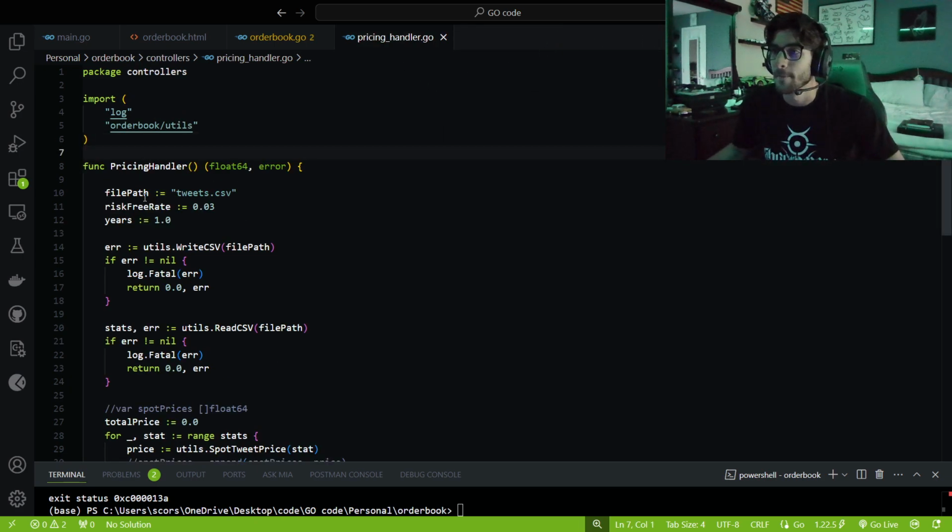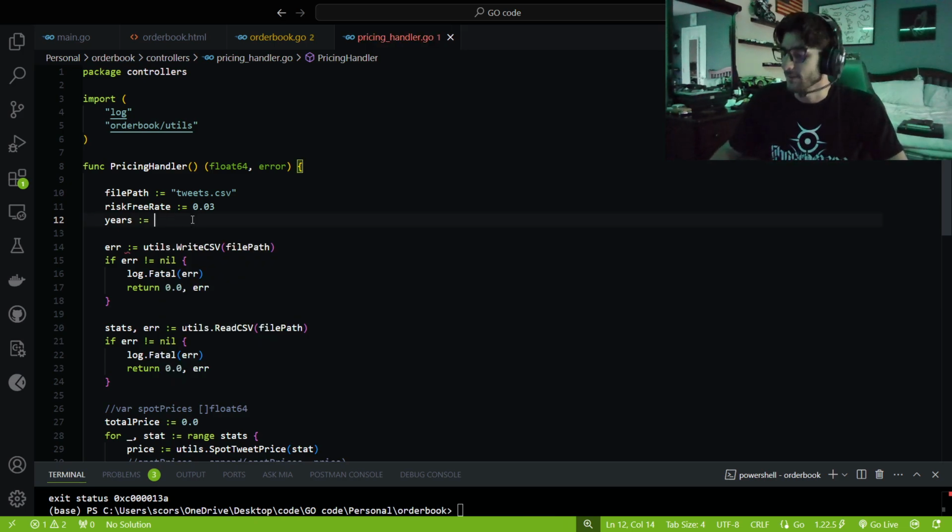Now, when we actually have to price the tweet, specify our file path, risk-free rate, how many years until the future expires. And if it were to expire in 6 months, you would have to say like, oh my gosh, I totally forgot the syntax, because 1 represents an entire year. So you would have to do the decimal for it. I think you would just have to do 0.5, because 12 over 12 is 1 year. So if it would be 6 months, it would be 0.5.